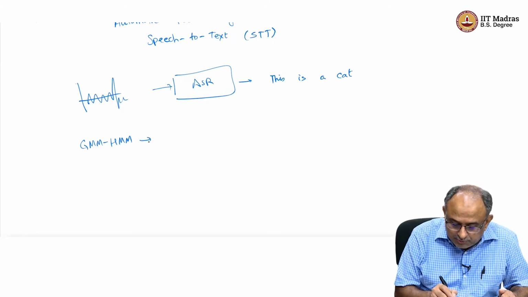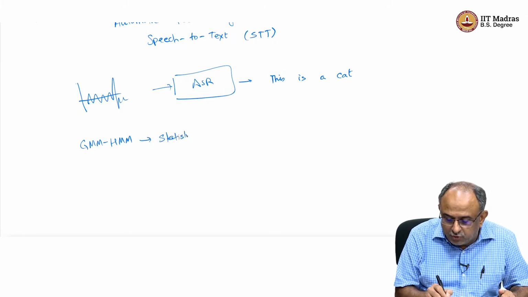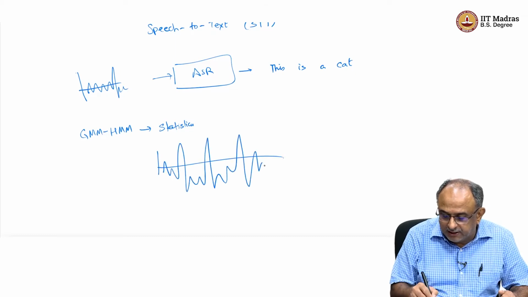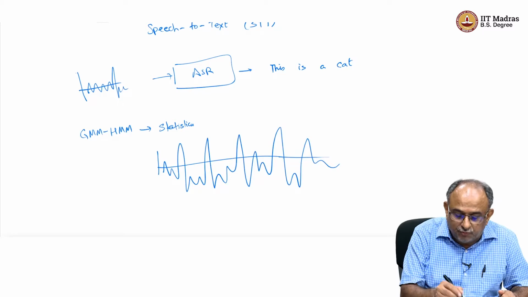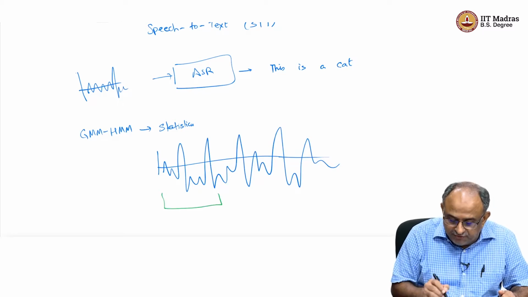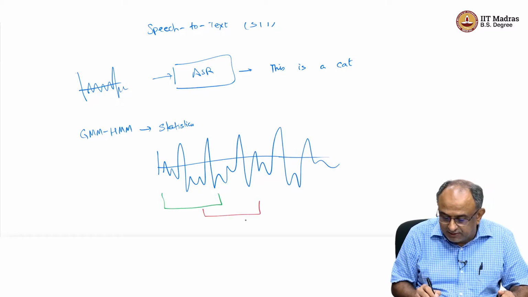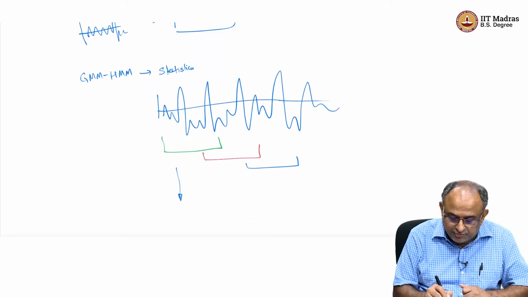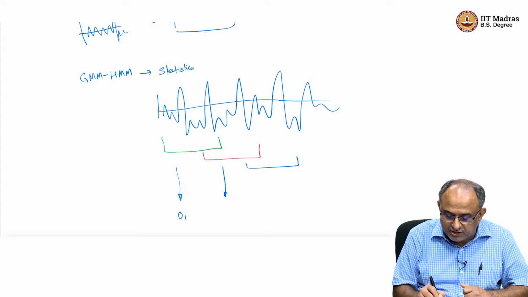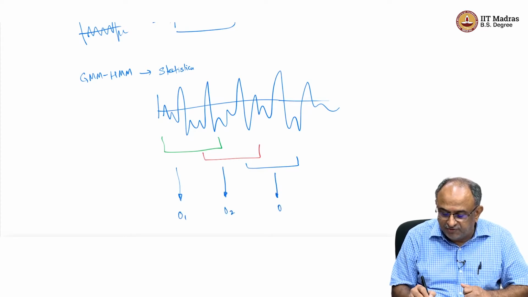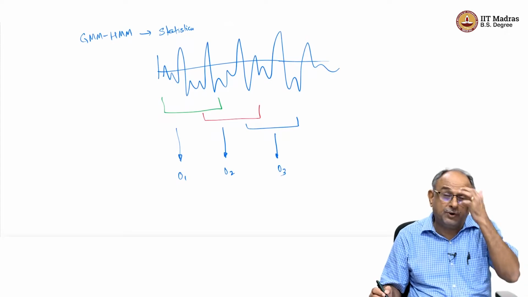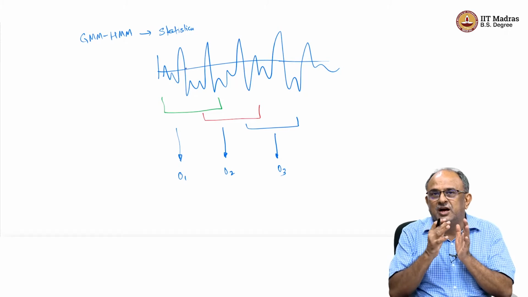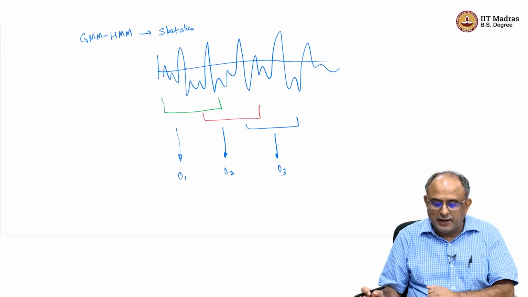We have talked about a statistical approach, where we had a waveform, and I keep emphasizing the idea of the windowed method: every few milliseconds we take some kind of analysis, and then we extract some useful features from them, which we call the Mel filter bank features or MFCC features. These capture the property of the sound during that interval of time. So when I say and, there is an and part, and this will be capturing that.